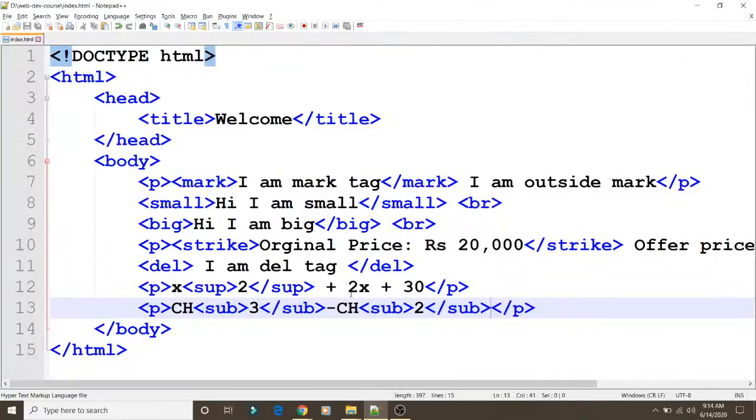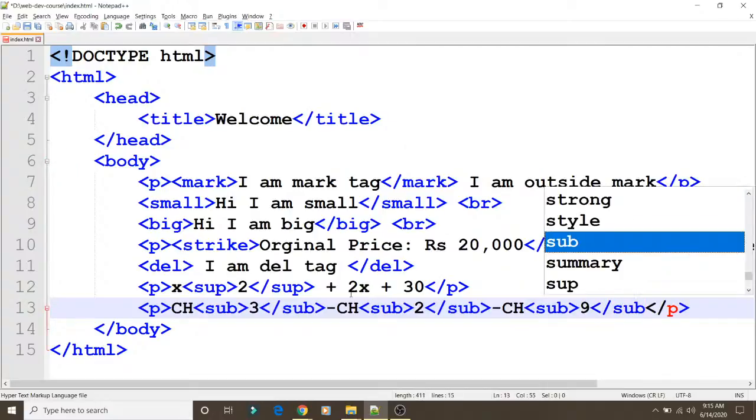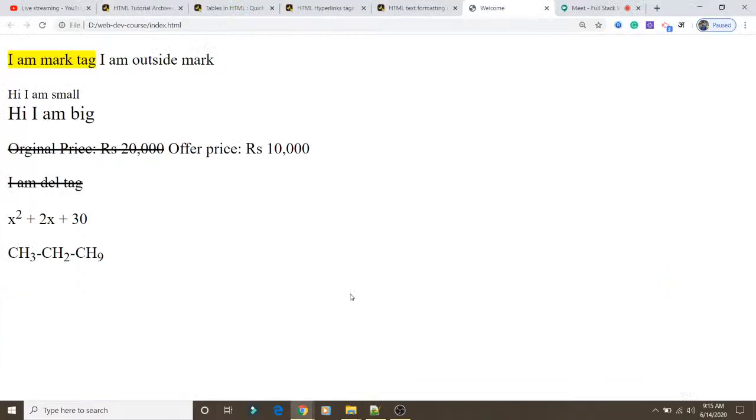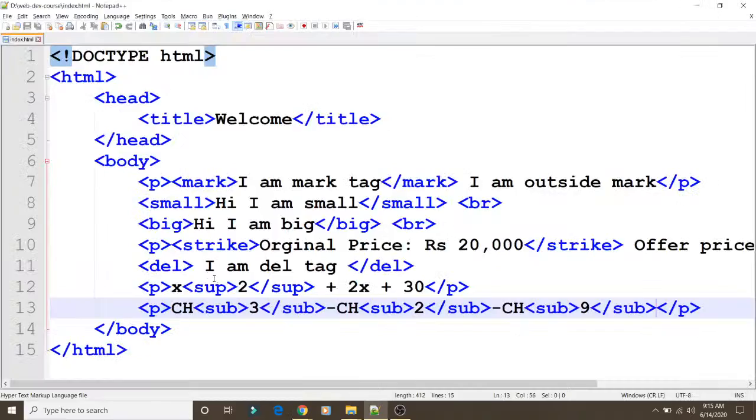Again, if I want to write CH4, CH9, whatever value you want to write, the normal text will be CH, and in the subscript, if you want to write 9, you put the subscript tag, then 9, and the tag will be closed. So in this way you can write chemical equations and all those sets of values.